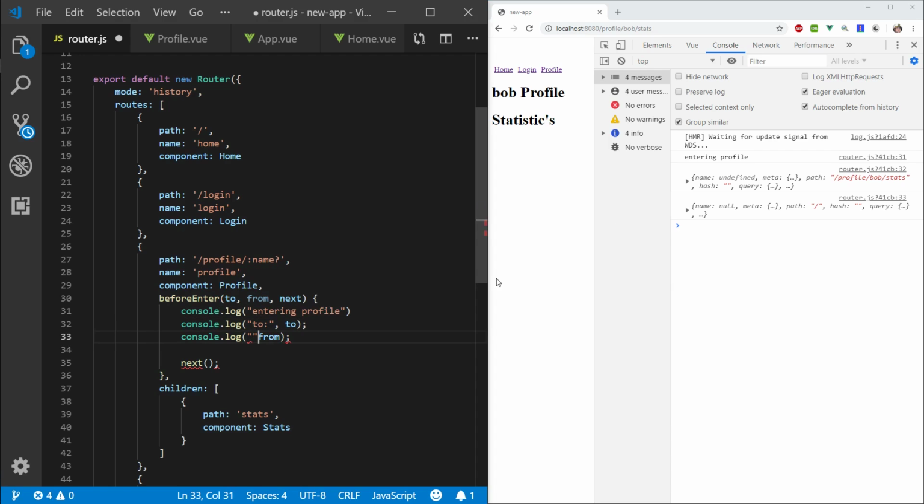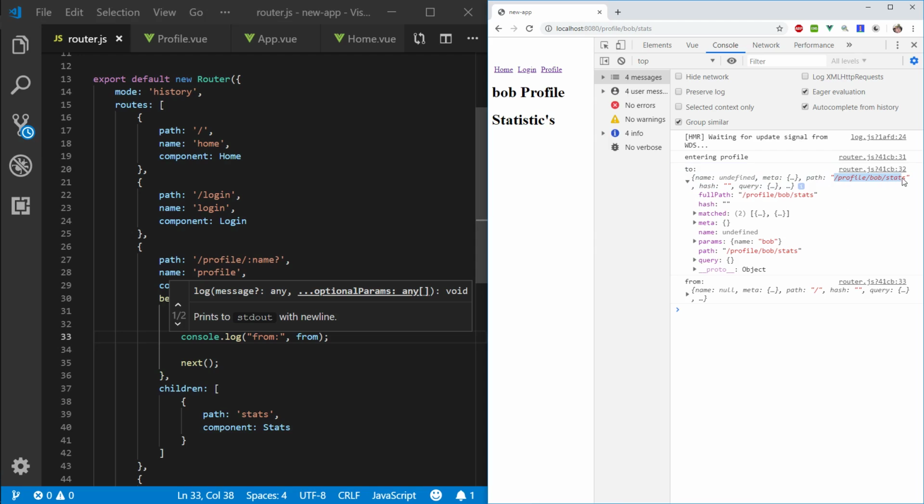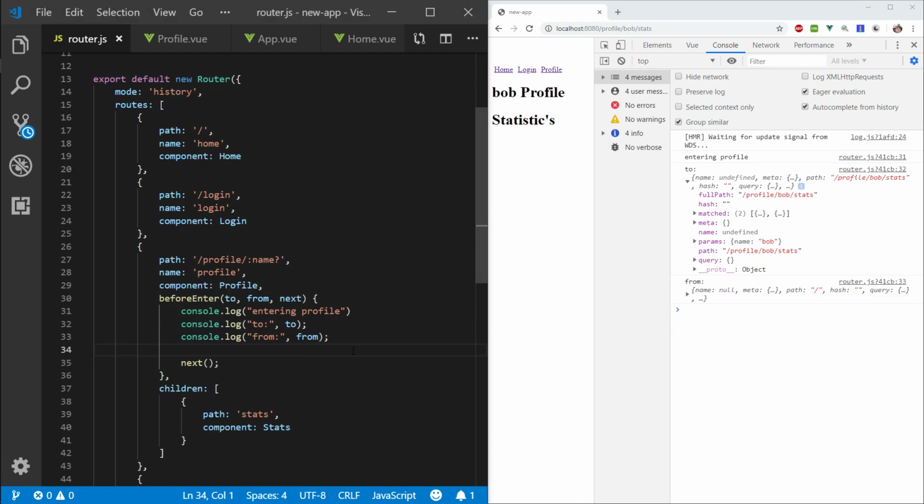And here, let's say from. So if you can see path, profile path, pop stats, this is where we're going to. So you can access this full path and, I don't know, do whatever you want with it, I guess. You can access all kinds of information here. You can access the parameters. And just so you know,